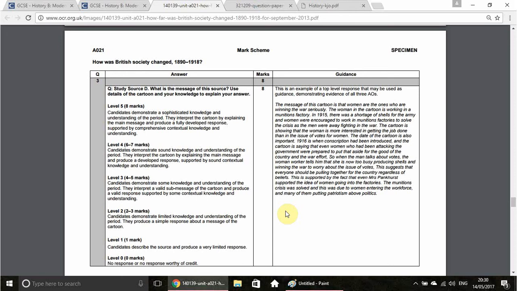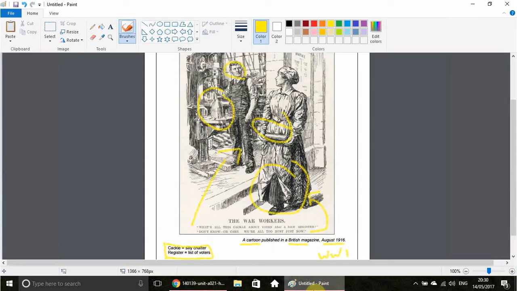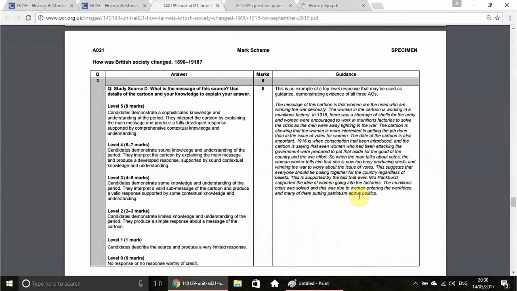So for this source, you might be tempted to say something like, the message of the cartoon is that women should get the vote because they're working. But you need to be a little bit more specific. So for example, this one says, the message of the cartoon is that women are the ones who are winning the war seriously. So if you were going to use the idea that women should get the vote, perhaps you